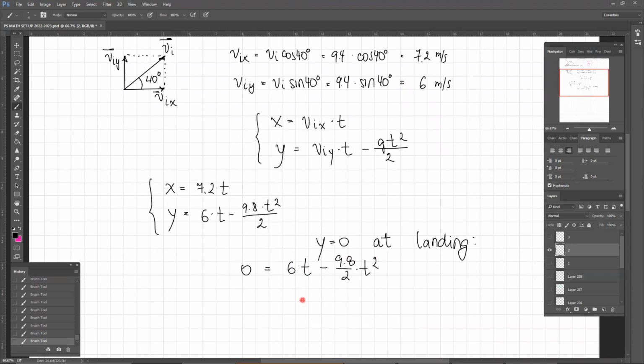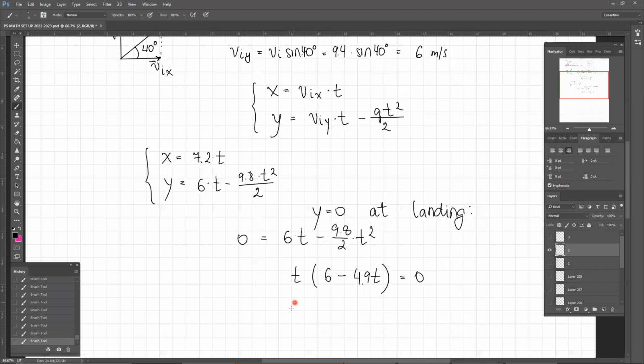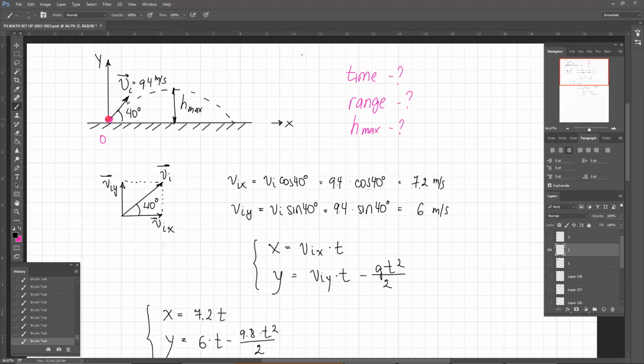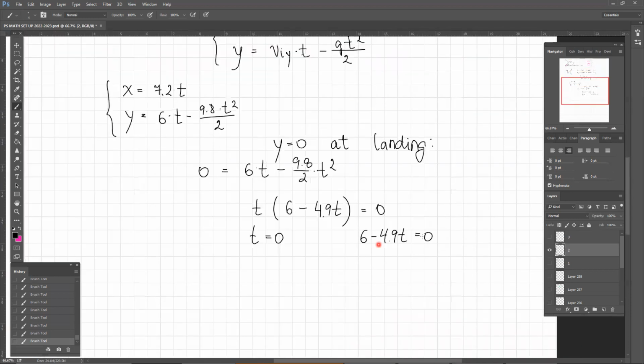So I can actually factor out t if I want, and I will have 6 minus 4.9 t as far as I am remembering. There will be 2 roots, one of them t equals 0, which I have absolutely no interest in because it's pretty obvious that from time 0 the ball is on the ground. I'm more interested in this scenario, when is the other time when the ball is on the ground. So it's this piece,